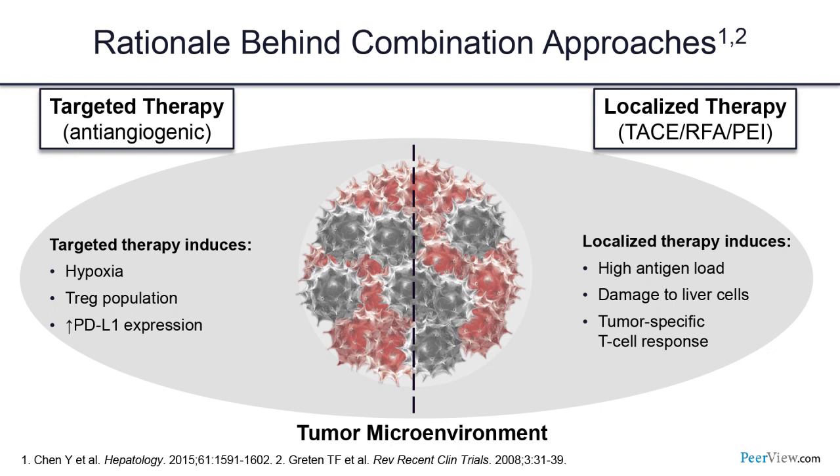They also may enhance antigen presentation through the induction of hypoxia and other mechanisms. So there are several examples now of trials that are launching, combining checkpoint inhibitors with TKIs, including Sorafenib, Regorafenib, Cabozantinib, Lenvatinib, etc. The concept of combining ablative therapies with checkpoint inhibitors is also gaining momentum. The idea here is that the ablative therapy could enhance the antigenic presentation by causing apoptosis and necrosis of cells,